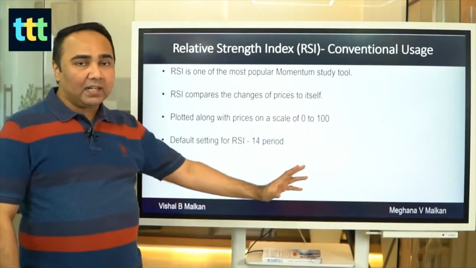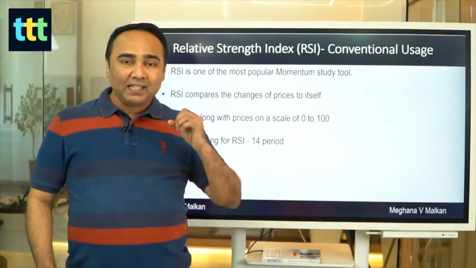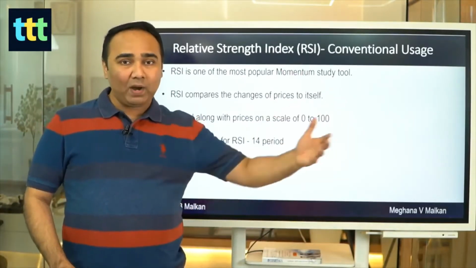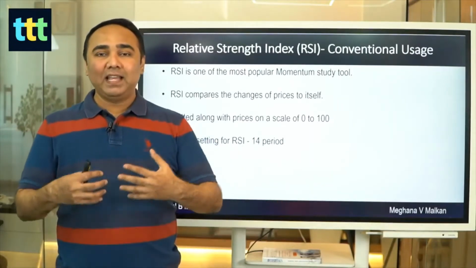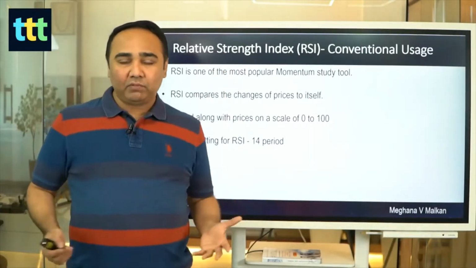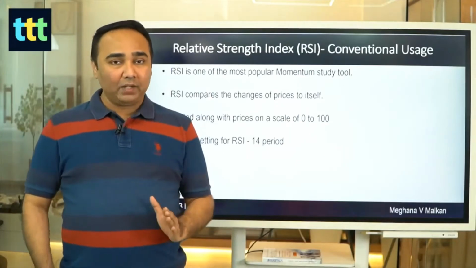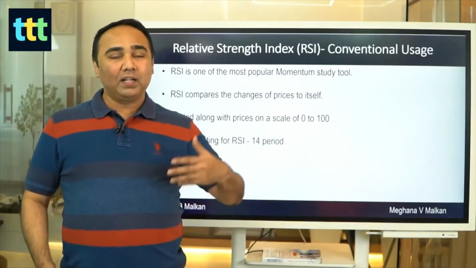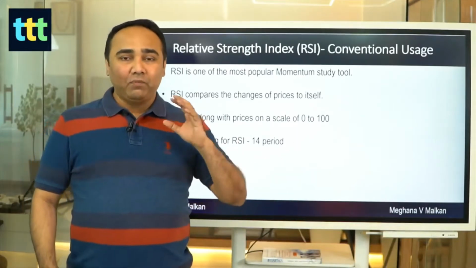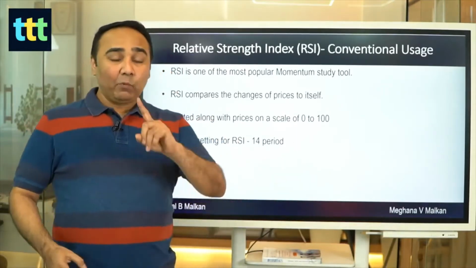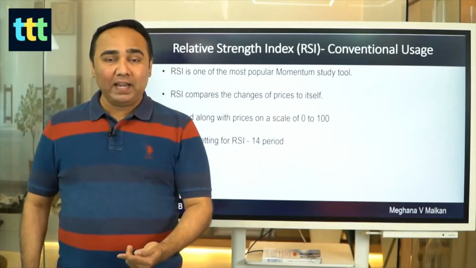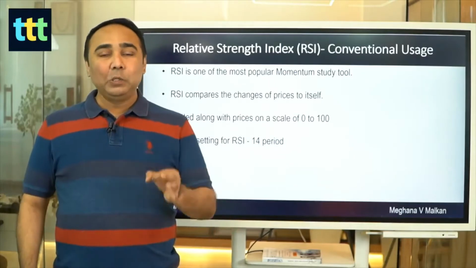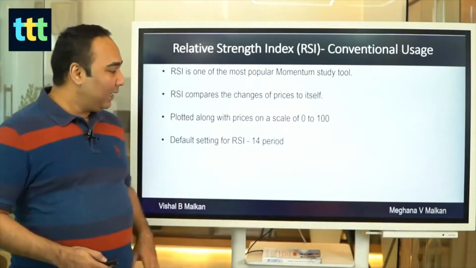Then the standard setting is going to be 14 period. Now this is tried and tested. The person who invented it, Welles Wilder, suggested 14, and it's been the default setting in all software and platforms. So you should be using 14 only and not try to change. I have done that a lot, tried to use 21 and 2 and 7 and all that, but 14 works the best. And one of the reasons for selecting 14 for most of the indicators used by all the stalwarts is the lunar cycle, whether you believe it or not, right?